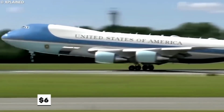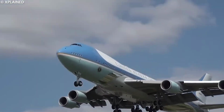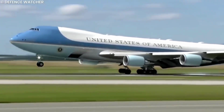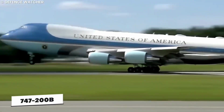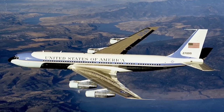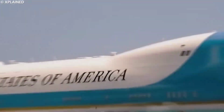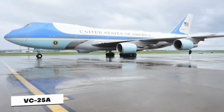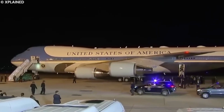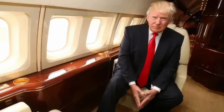The United States Air Force One, $660 million. The most recognized aircraft in the world, America's Air Force One commands $660 million worth of technology and luxury that makes science fiction look primitive. Why does the United States spend more on presidential transport than most nations spend on their entire air force? This Boeing VC-25A isn't just an airplane. It's a flying White House, a nuclear command post, and an international symbol of American power combined into one massive